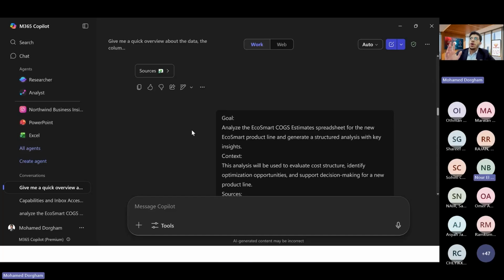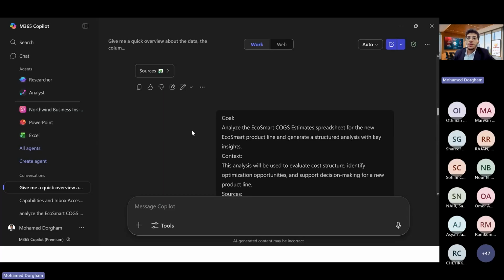And if you think about it, when Microsoft came out with Copilot, the main purpose was to assist you with things like analyzing a document or an Excel sheet. I found it's able to look for the data, extract the information from it, and answer you based on the data from the Excel sheet.